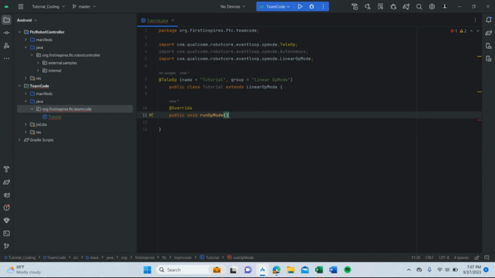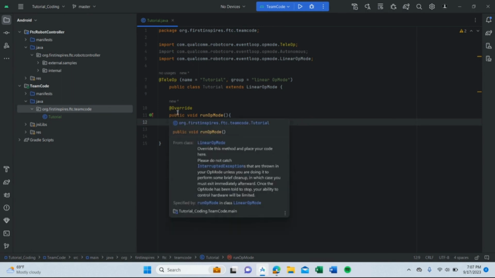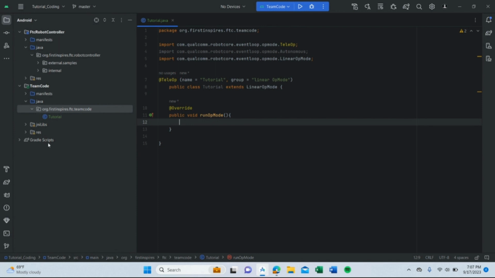Parentheses and curly bracket. So notice now we have 0 errors after adding this line of code. And okay, what does public void mean? Okay, public being that it's visible by other classes. So other classes, like if there's another file and I typed in public void, it can technically see this one,